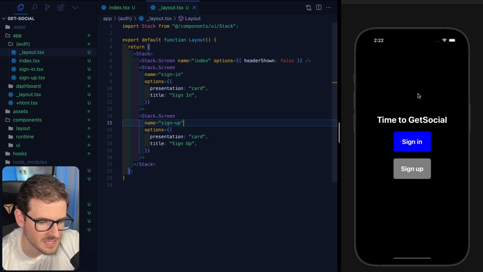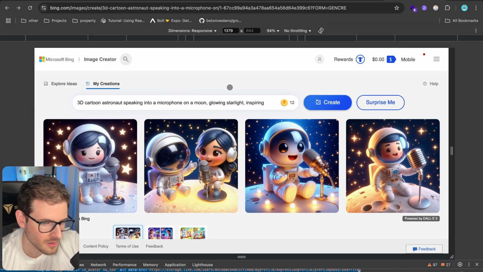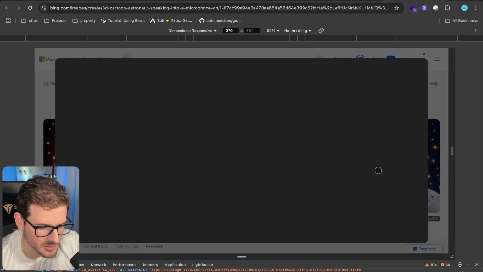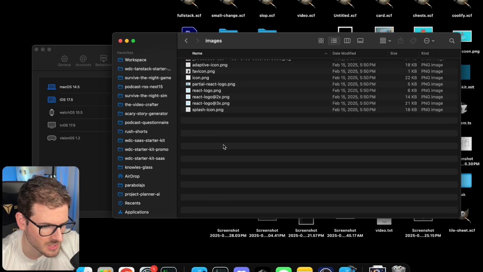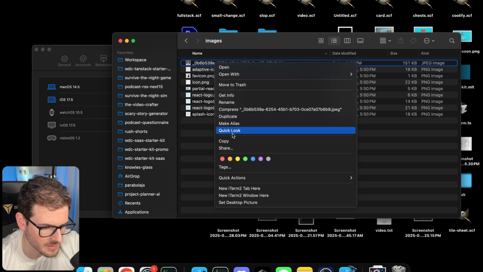Now, last thing is let's add a nice little placeholder image of something. All right, I went ahead and just typed in a prompt, 3D cartoon astronaut speaking into a microphone on a moon, glowing starlights, inspiring. Out of these, I think this one looks pretty cool. We're going to put that in our assets folder inside of images. We're going to paste that in, and I'll just call this